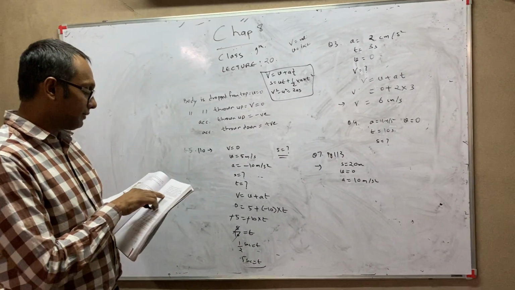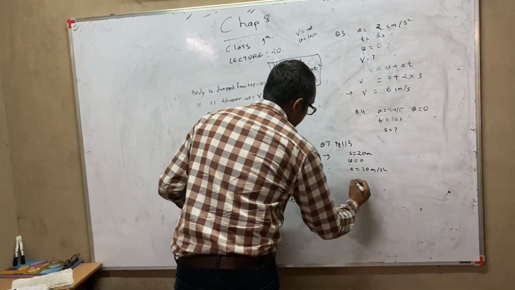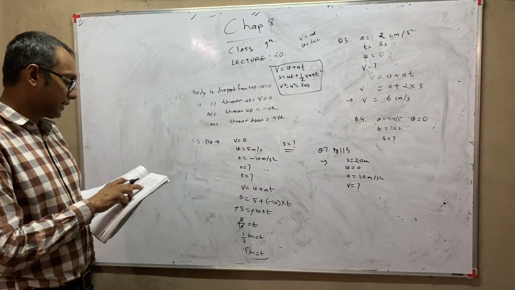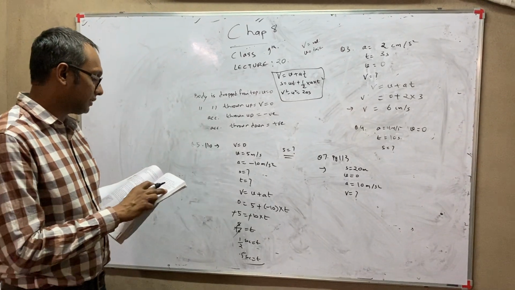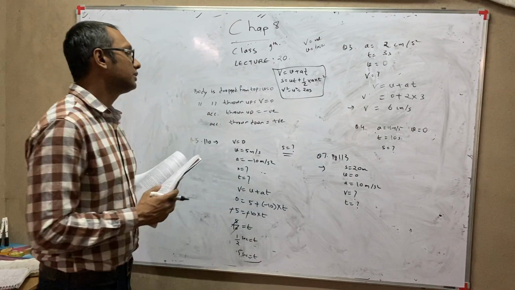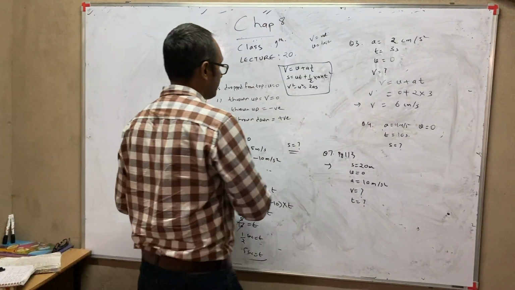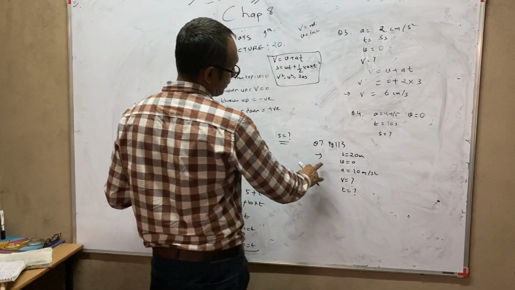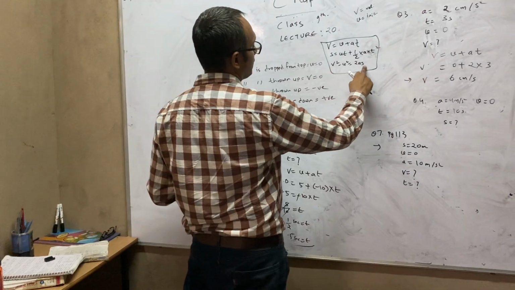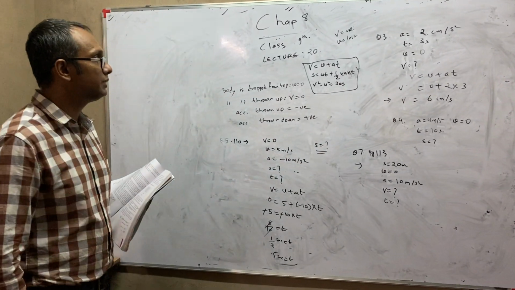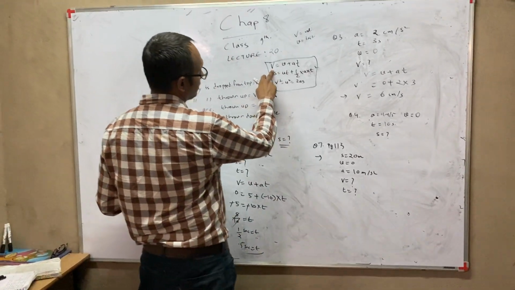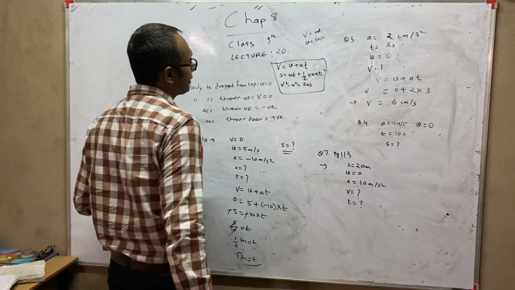With what velocity will it strike the ground? That means he has asked us to find v. And second is, after what time will it strike the ground? He has asked us to find the time also. Now if I see the formulas, first of all, in one we have s, u and a. So if you have s, u and a, then you can easily calculate v. And time also they have asked us to find, but in this formula we don't have v and t, so I can't find the time straight away.